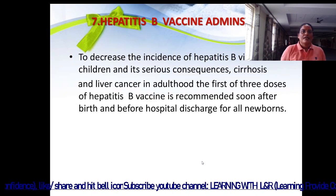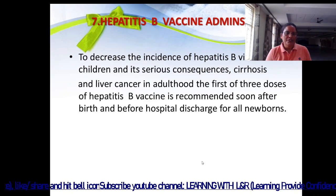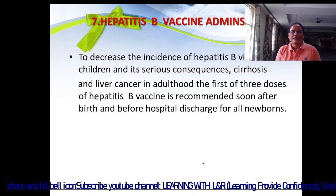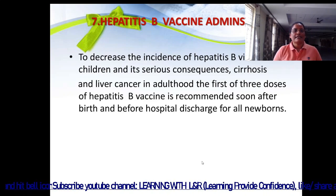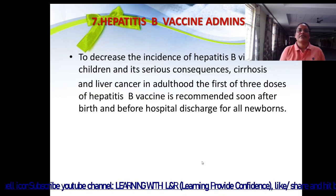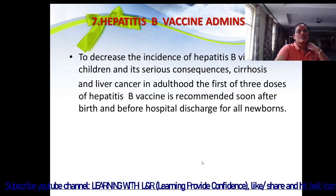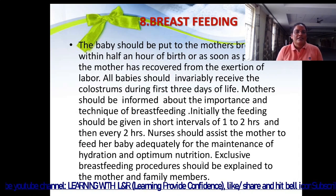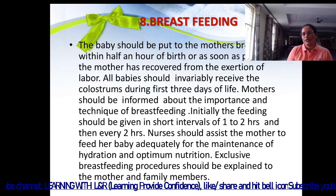Then hepatitis B vaccine administration. To decrease the incidence of hepatitis B virus infection in children and its serious consequences, cirrhosis and liver cancer in adulthood, the first of 3 doses of hepatitis B vaccine is recommended soon after birth and before hospital discharge for all newborns. Then breastfeeding. The baby should be put to the mother's breast within half an hour of the birth